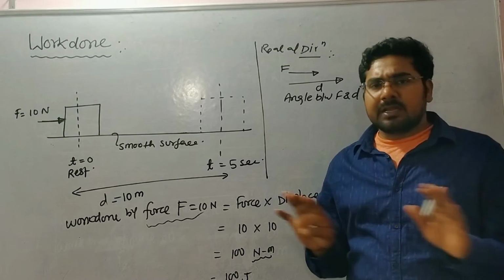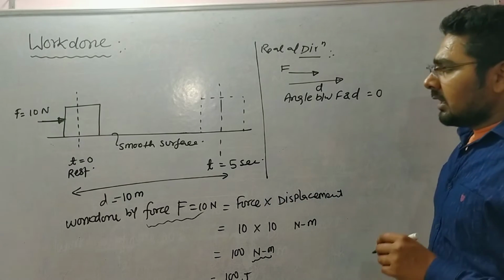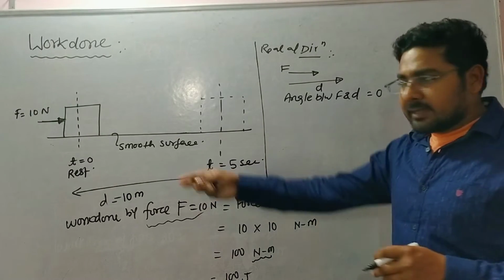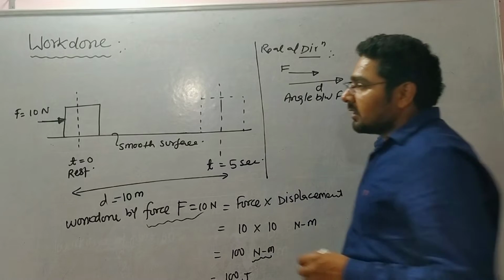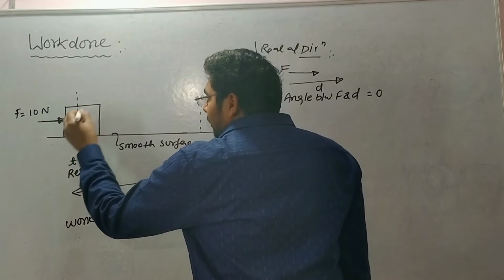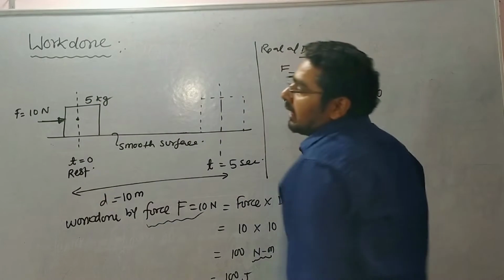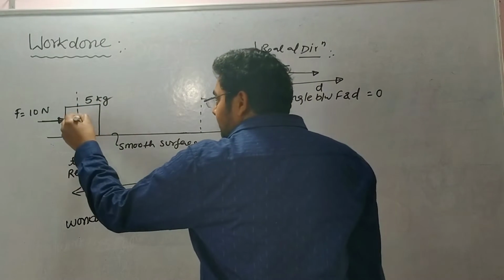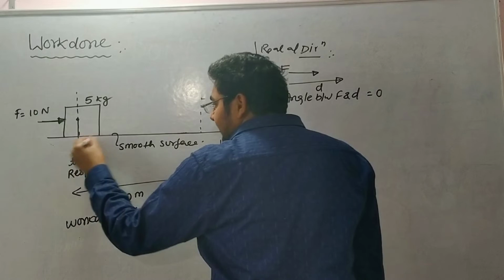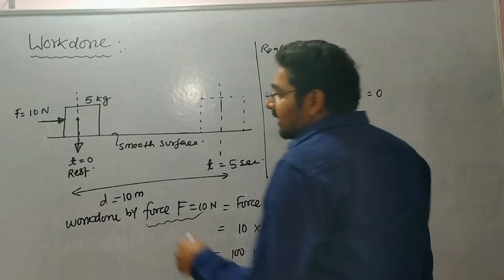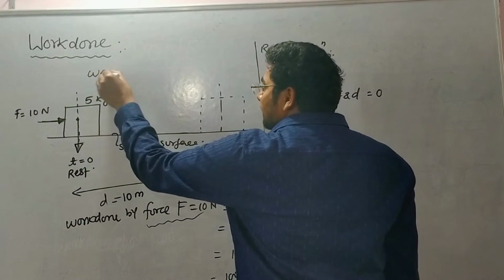Okay, this is a very simple example that we have understood. Let's say that I am adding one more concept here. Let's say that this block has a mass of 5 kilogram. Okay, and due to this mass, a weight will act in the vertically downward direction, and the magnitude of weight